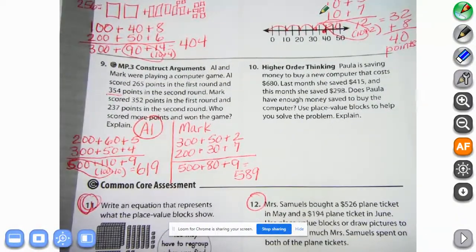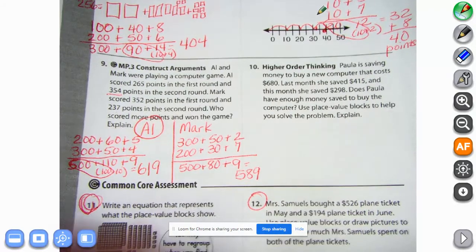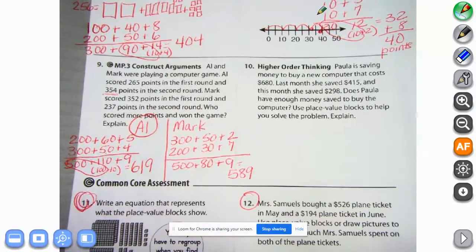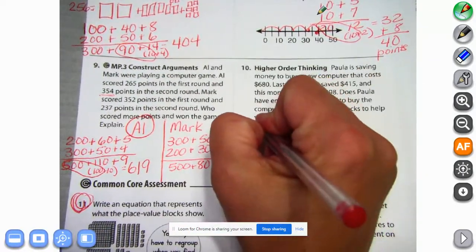All right, so let's read number 10. Paula is saving money to buy a new computer that costs $680. Last month, she saved $415, and this month she saved $298. Does Paula have enough money saved to buy the computer? Use place value blocks to help you solve the problem and explain. So let's just use our numbers as we have been using them. So we have 680, that would be